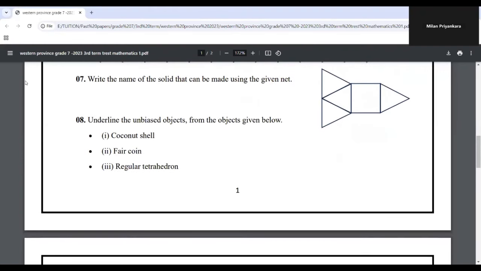Right. Okay. Now let's go here. Write the name of the solid that can be made using the given net. Actually, I will draw it somewhere else so that we can have the space. Actually, this is the square based pyramid. It is something like this. I will explain